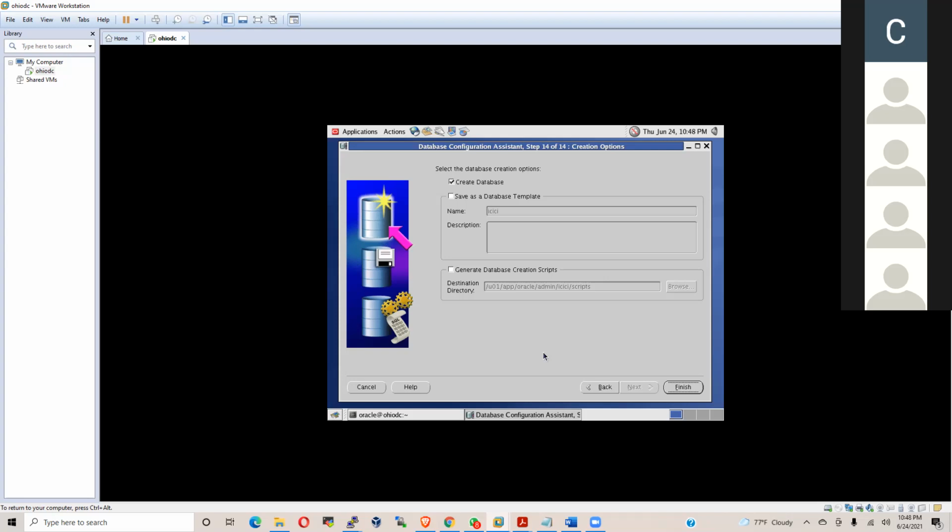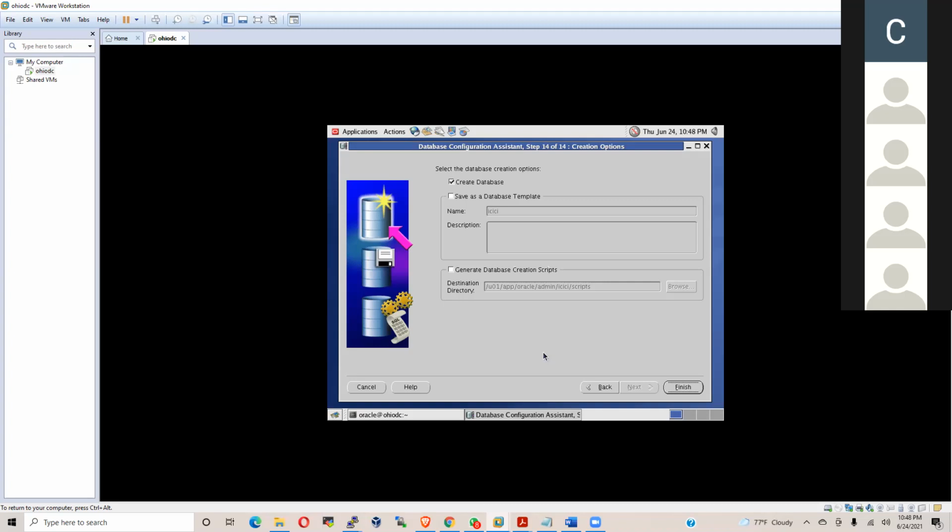Then you will understand, yes, we need to give archive, yes, we need to give this, yes, we need to change the parameter, yes, we need to create the data file, the control file, the redo log file. You will only understand once you understand the concept. Without understanding the concept, even if I tell the DBCA method, it is of no use. That is my way of teaching.